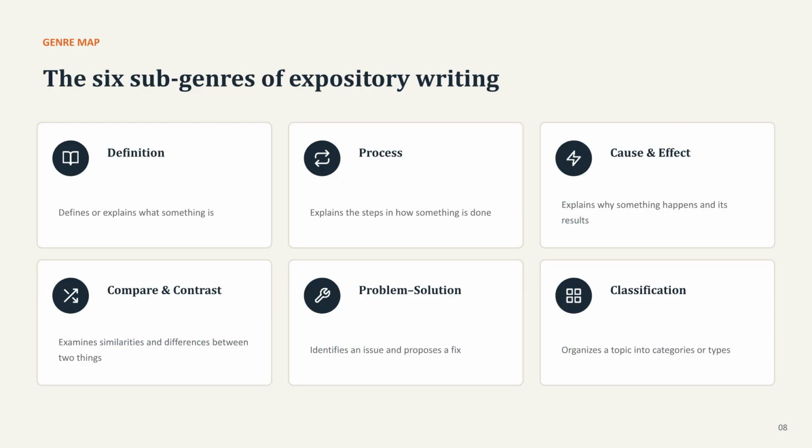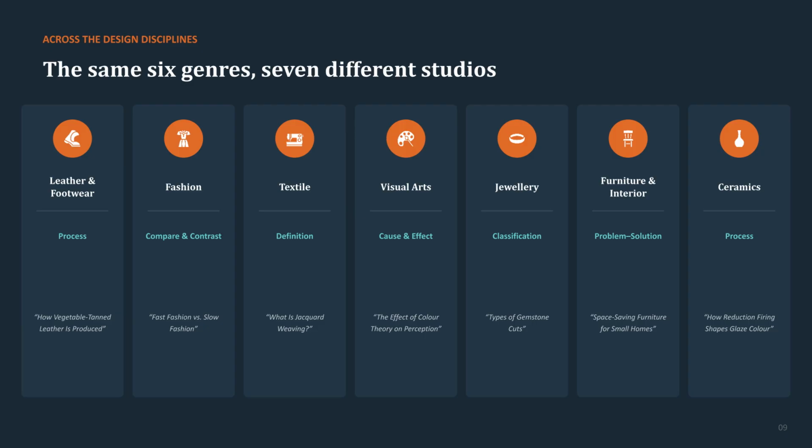There are 6 main subgenres of expository writing: definition, process, cause and effect, compare and contrast, problem solution, and classification. Each serves a different purpose in explaining your work. These 6 genres apply universally across 7 different design studios. From leather production to visual arts and ceramics, each field utilizes these subgenres to effectively document and explain their specific